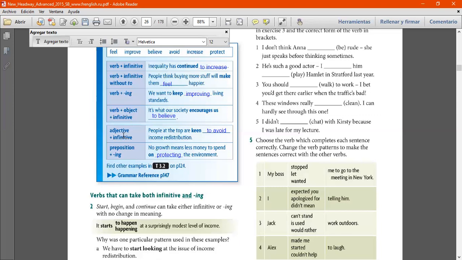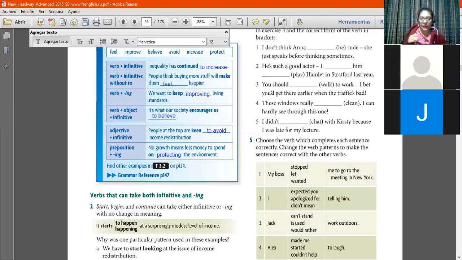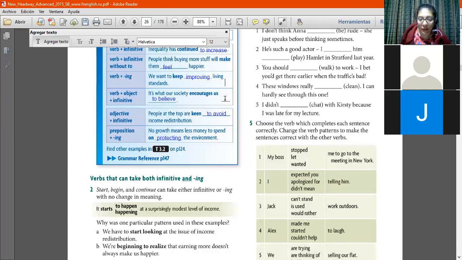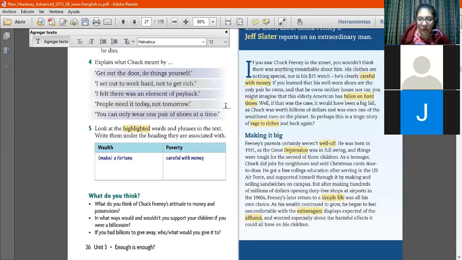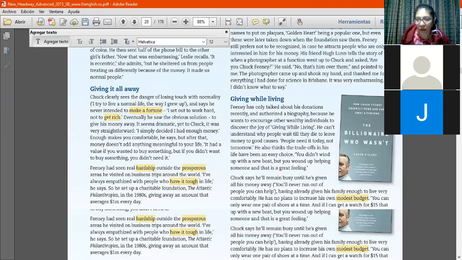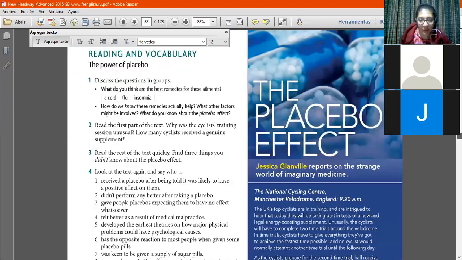Okay, all right. So remember always those patterns, right? The problem is when in the writing specifically, we tend to use ing forms or without to or with to, and it's a mix of everything, right? So that every pattern has its reason. So in the grammar on 147, we're gonna check only that, okay? So let's go to page 147 for a minute in the grammar.